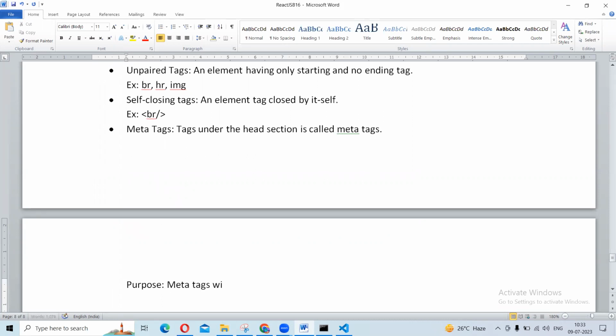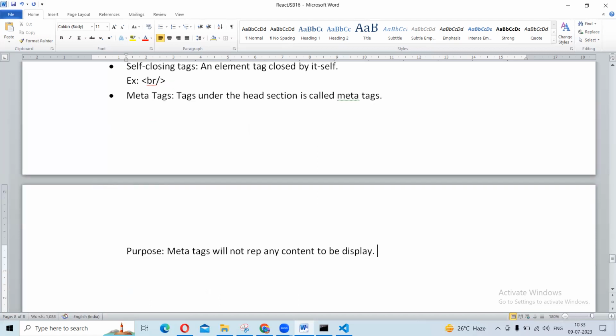Meta tags will not represent any content to be displayed. But what will they do? Meta tags will add the CSS or JS file references to your application